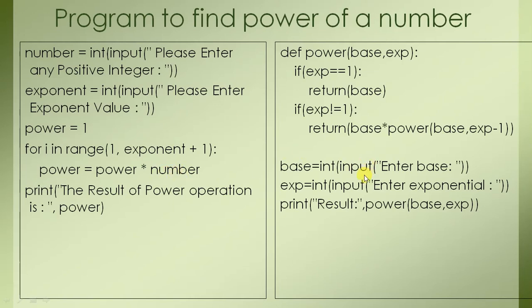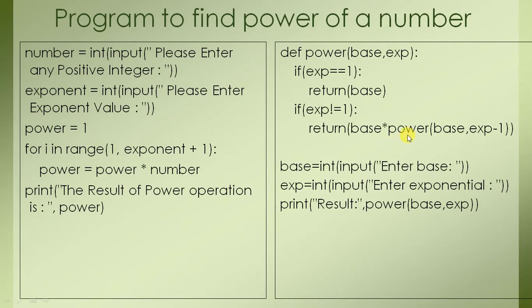But in the recursive approach, the input is the same, but we have to write just a power function call, and in the call we have two cases. The first case is the base case, that means if the power of any number is 1, then we will return the number itself. Okay, so x to the power 1 is always x, so that's why we have written the base. Otherwise we come to the recursive case. So x to the power n can be written as x into x to the power n minus 1. So this is the recursive case.